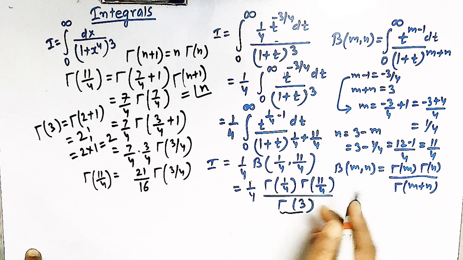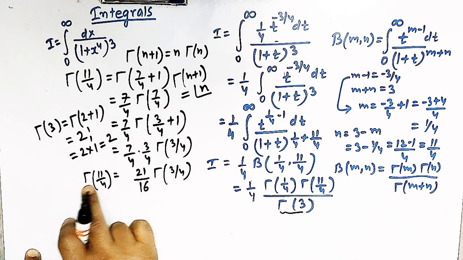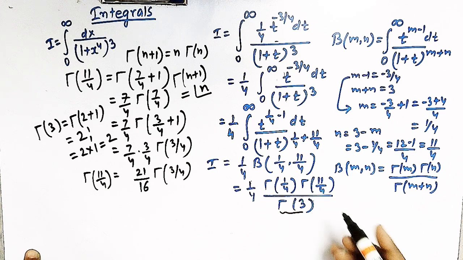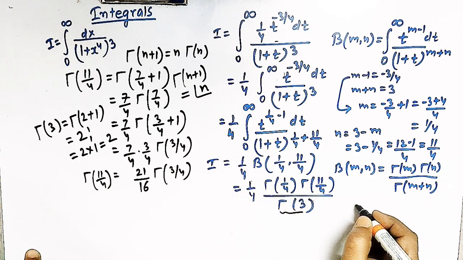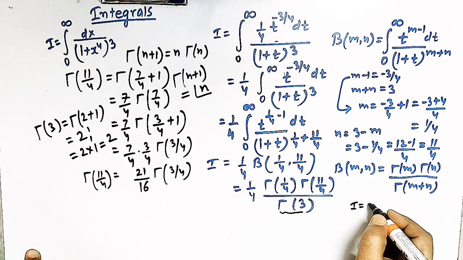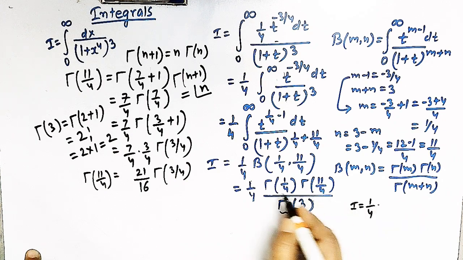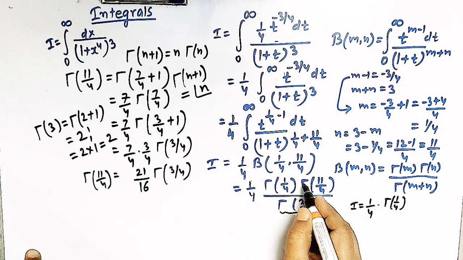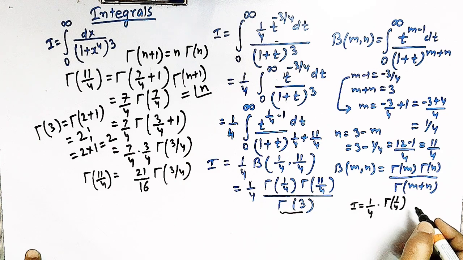So now substituting the values of gamma 11 over 4 and gamma 3 in this expression, the value of the integral can now be written as 1 over 4. Here we have gamma 1 over 4, and for gamma 11 over 4 we have